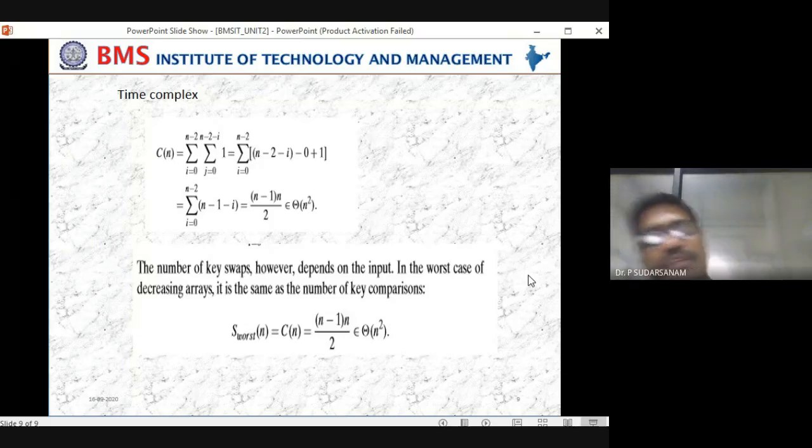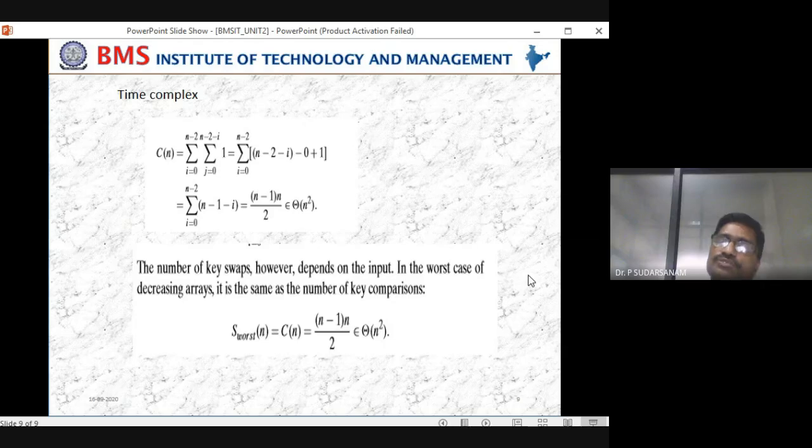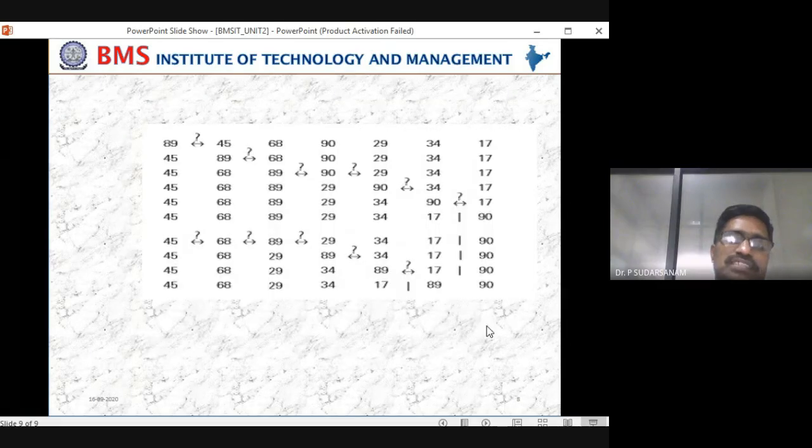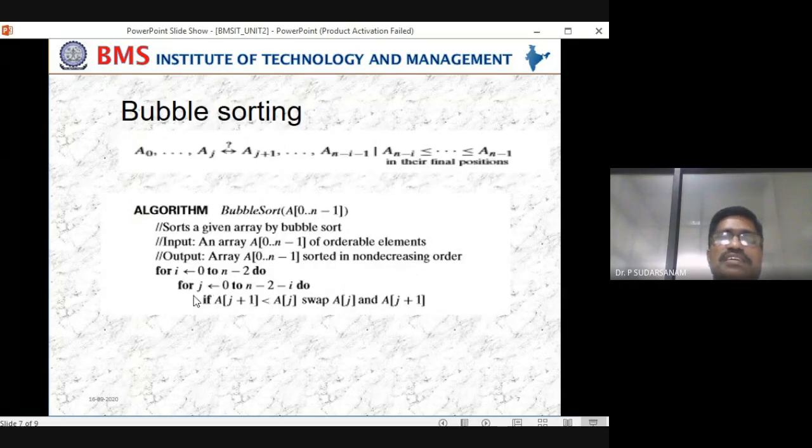Any doubt, if you have, please let me know. That's what I told you first itself. Suppose the teacher asked you to tell me the bubble sort time complexity, if they write like this, can you tell me the time complexities for this? Directly you can tell it n minus 2 into n minus 2 minus 1. So n square you will get first. Subtracting that, remaining all the elements, you don't bother about that. You tell it theta of n square. That's it.